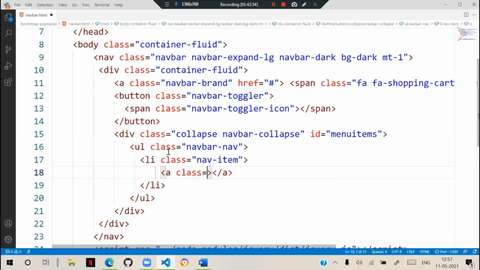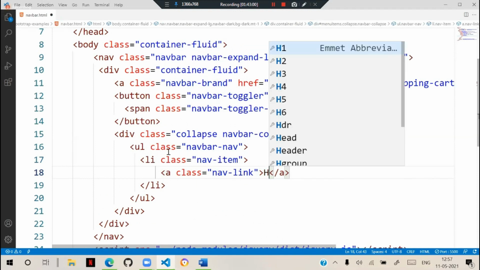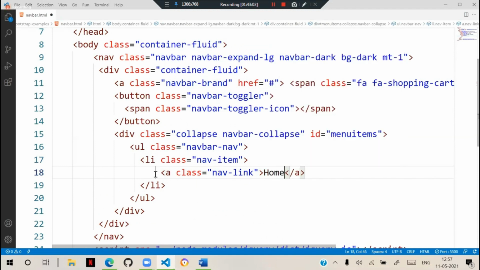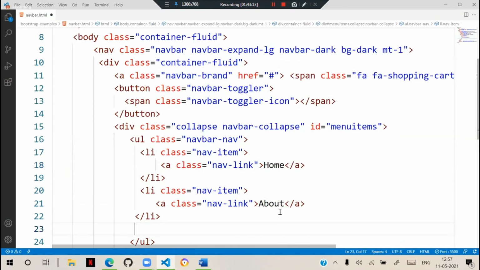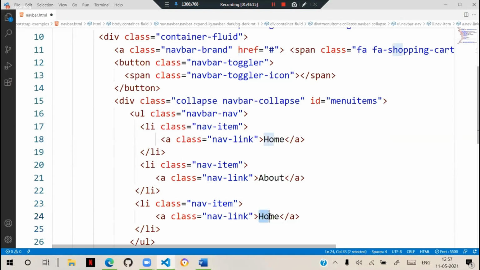The link is called nav link. In that nav link, we can have, like, home. We can keep symbols and all relatively. So navbar contains nav items and nav links. We can have another nav item, like about, and like contact. Like this we can define the nav items. But remember, you can put a drop down in this, anything you can design.